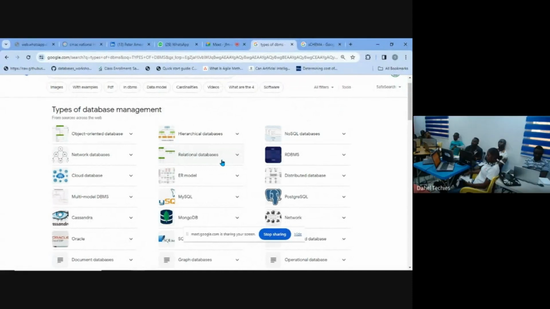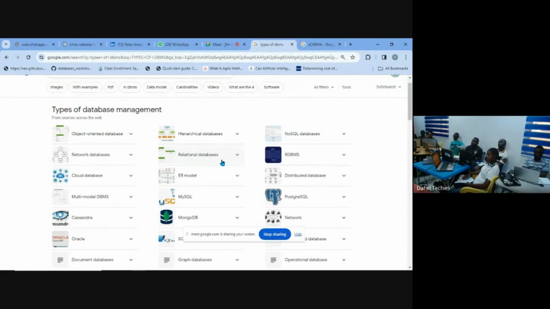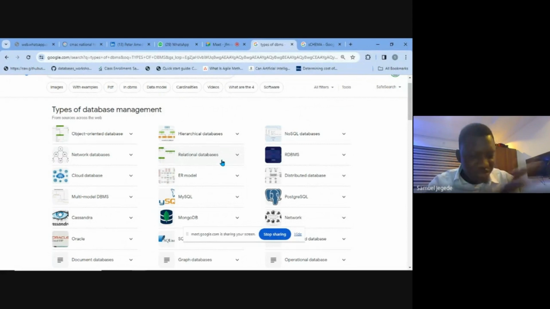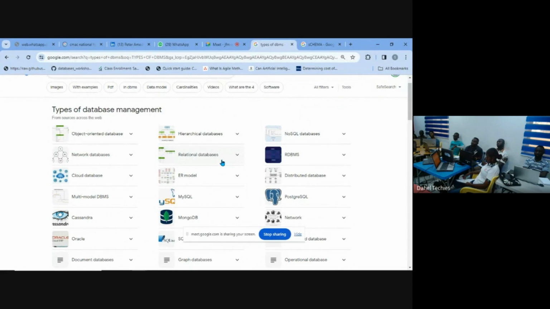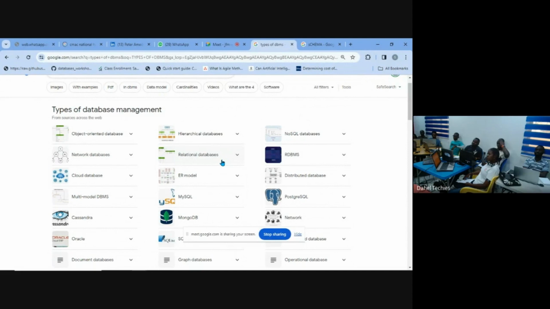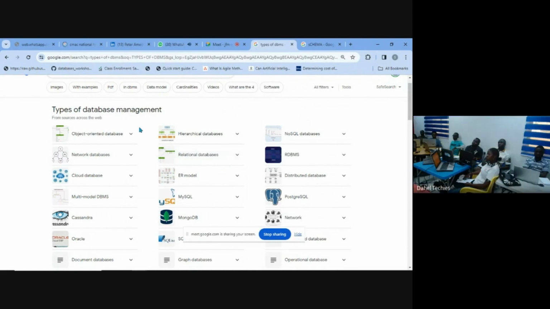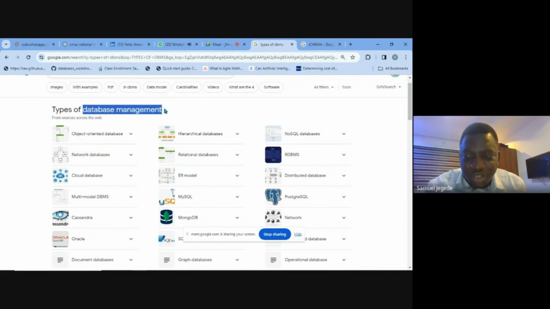A database is like the money that is inside an ATM. A database management system is the ATM that you use, that you write SQL on. You don't write SQL on your money. You write SQL on the ATM, and the ATM will bring your money out for you. Same thing: a database management system is the system itself that you use to communicate with the database. Is that clear? So these are examples of database management systems, like examples of ATMs.